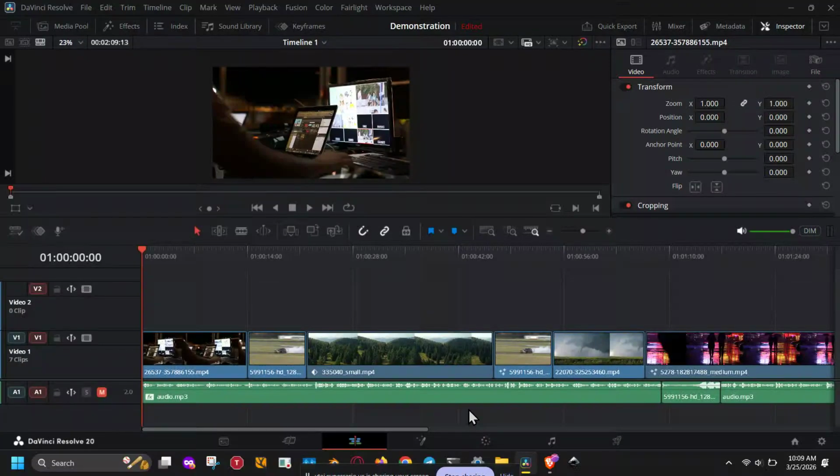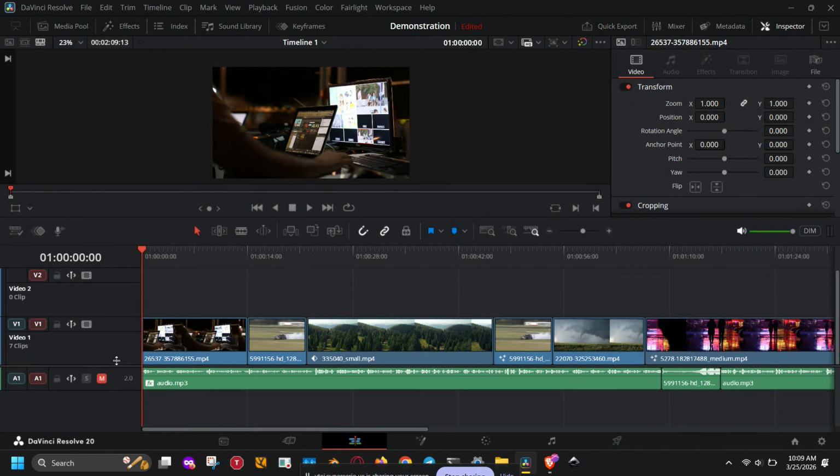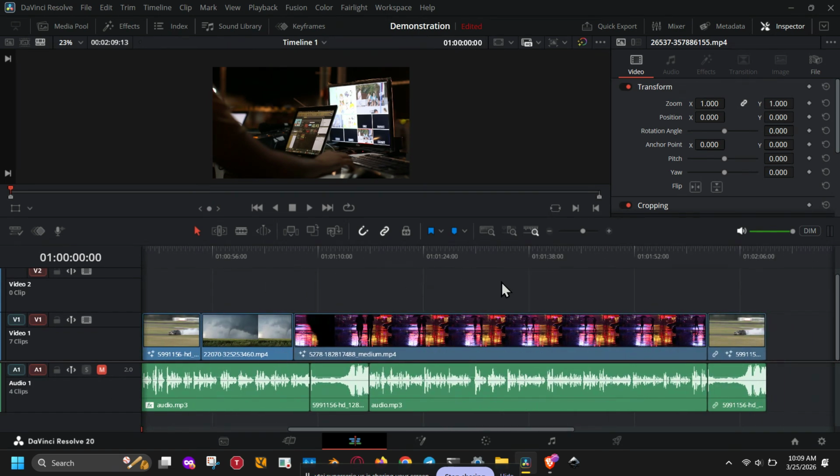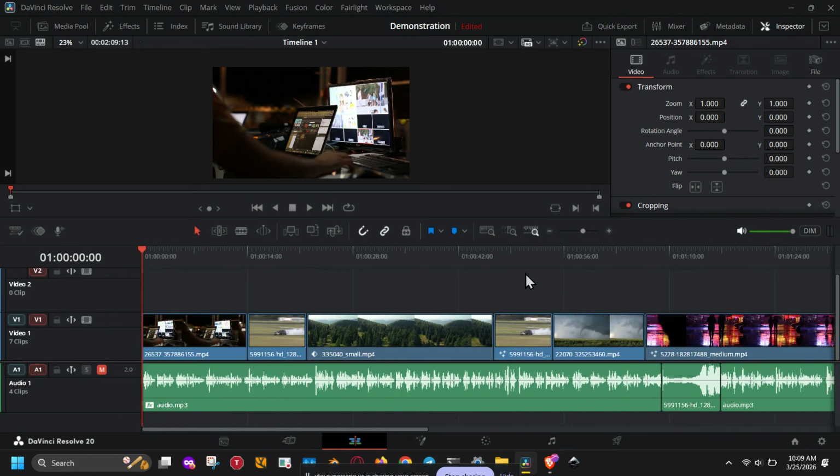In today's video, I'm going to show you how to enable parameter curves in the DaVinci Resolve 20 Keyframe Editor step by step, so you can get much more control over your animation timing and motion easing. If you're trying to fine-tune keyframes, smooth out movement, or make your edits feel more professional, this is going to